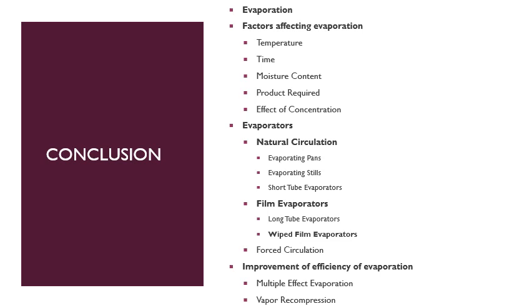We also have to be very selective in the selection of the equipment, depending upon the product required. For example, in the pan evaporators, the liquid products, not the dry products, are obtained, while in the film evaporators only the concentrated products or the liquid products are obtained. So we have to be very selective in these equipments depending upon our final product.